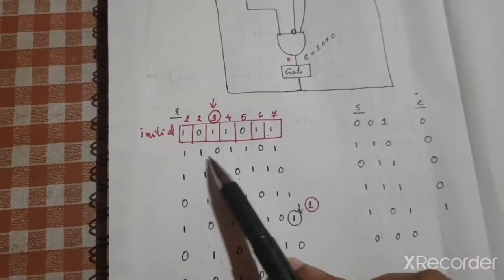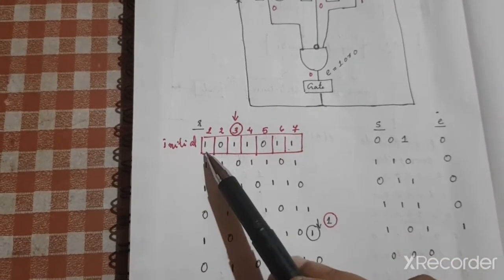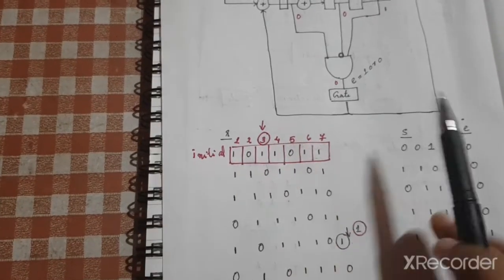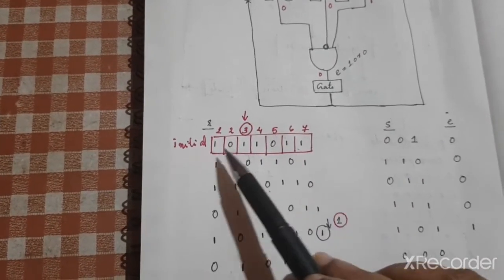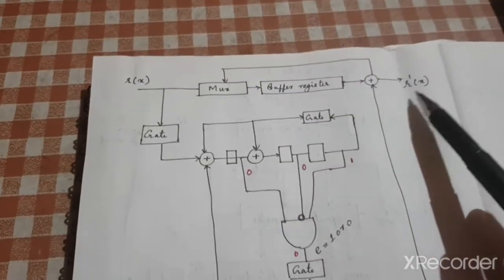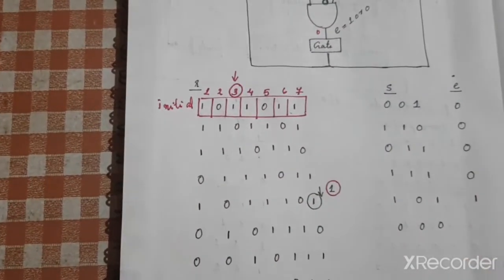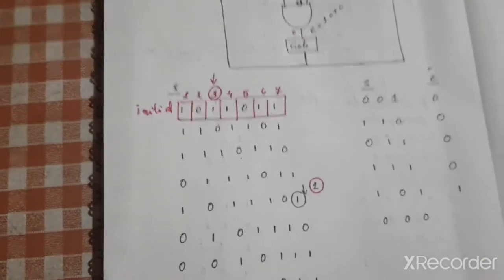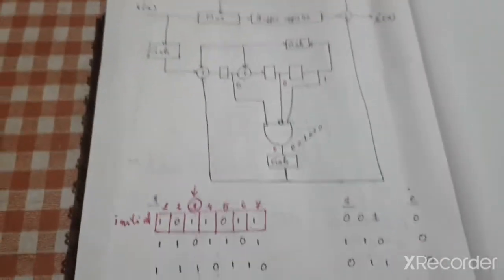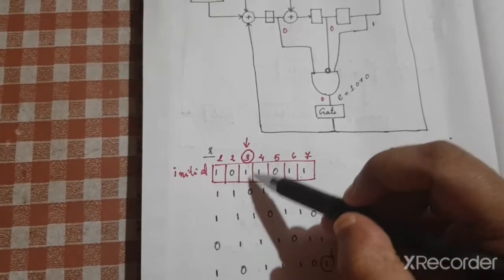This is the first cyclic shift of your R, that is, this bit goes to this position and this one will be shifted to this position. In total we have 7 bits, so we have to bring all of these bits outside of the register to obtain your R(x). At the same time, we have to correct this third bit also. That is what happens in this error detection and correction. We have to get each of these bits as output of the decoder circuit, and at the same time get this third bit corrected, because your error is in the third bit.